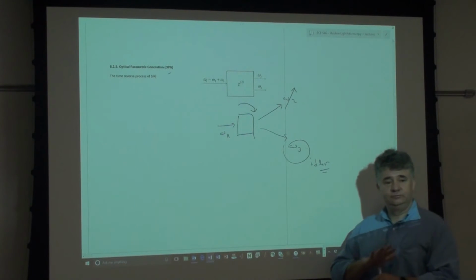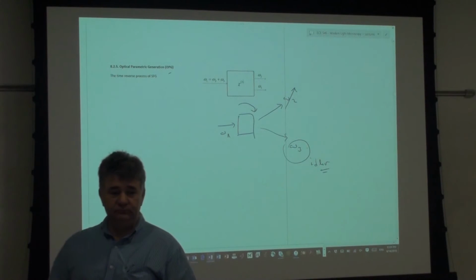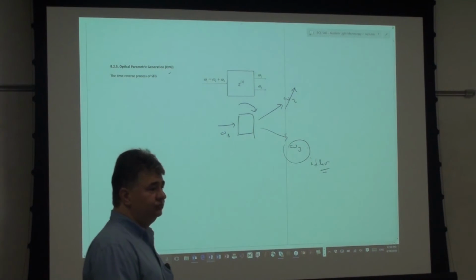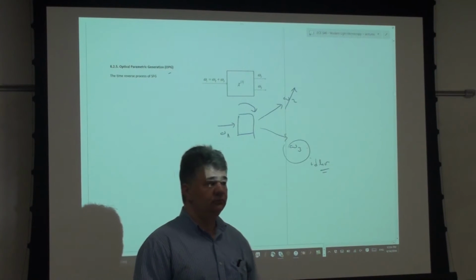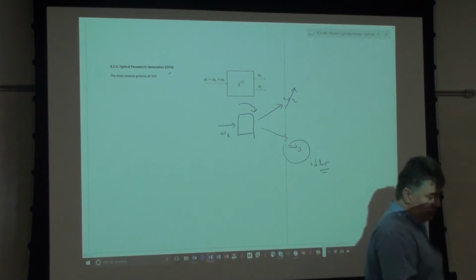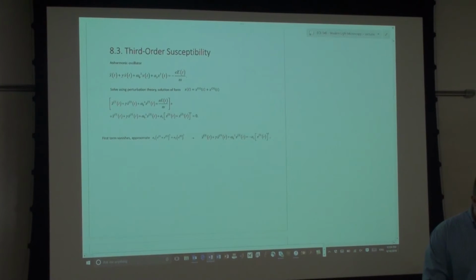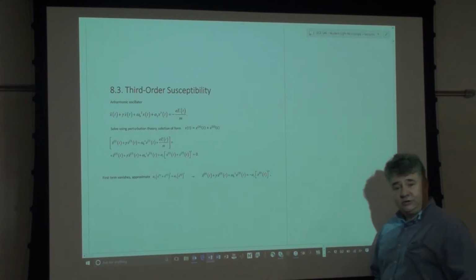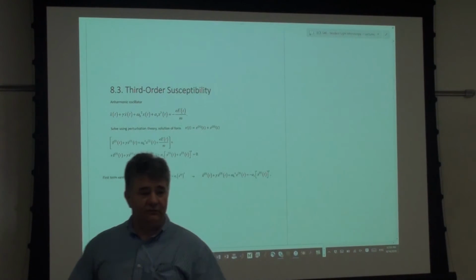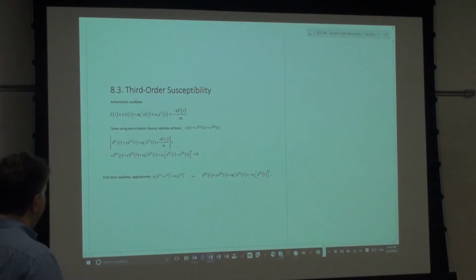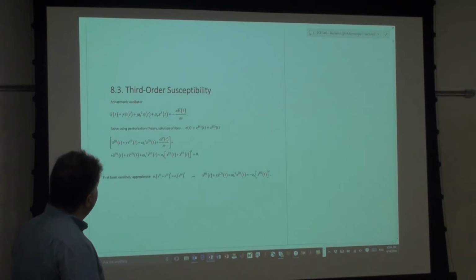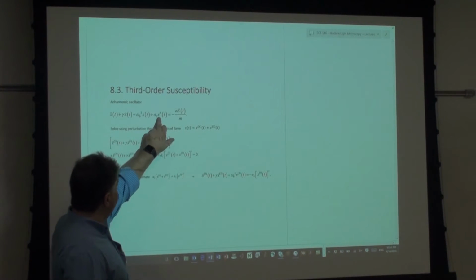Any questions about Chi2? What I mean by not being experts in nonlinear optics is, if you want to do an experiment, you will need to read a lot more to put this into practice. But I think the principle should be very clear. What the origin is, why they happen, is because the magnetic force is no longer negligible. Okay, third order susceptibility, as you might expect, means that the nonlinear